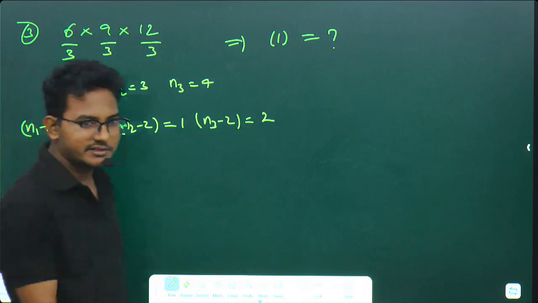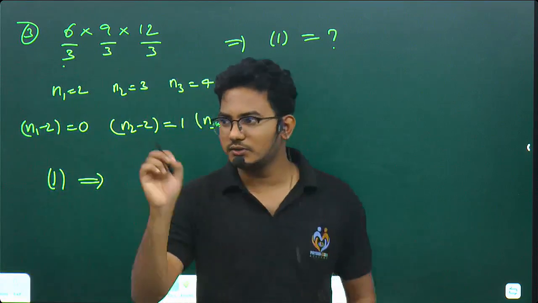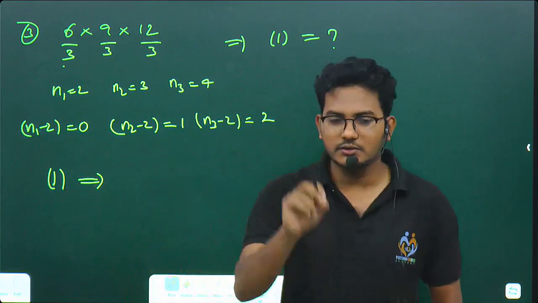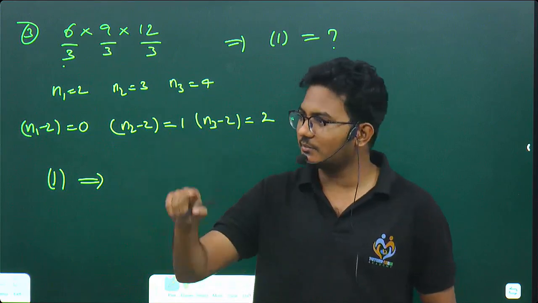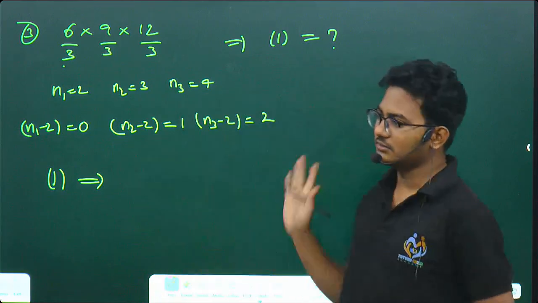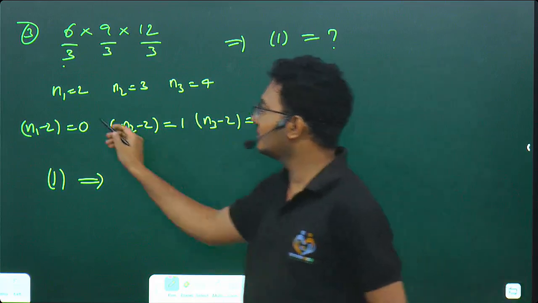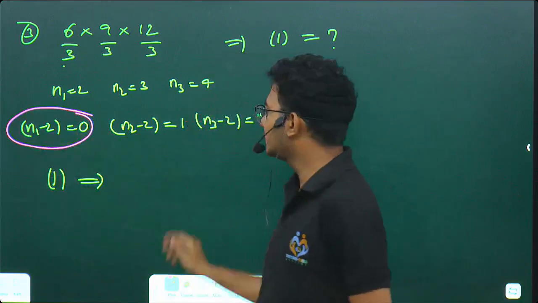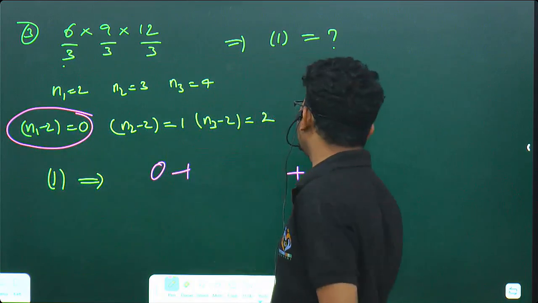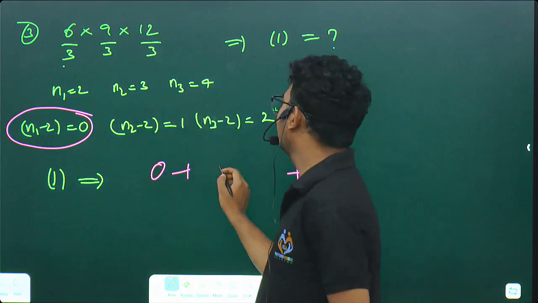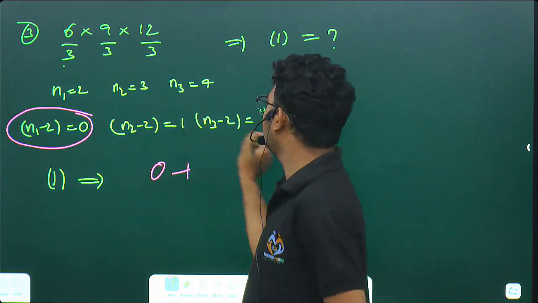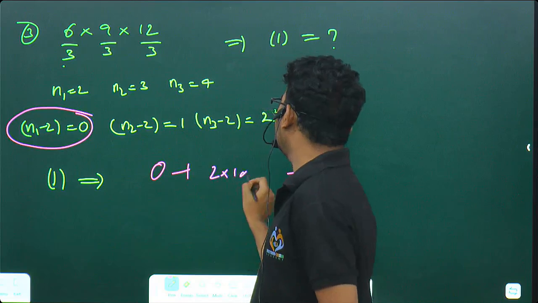The formula is 2 into n1 minus 2 into n2 minus 2 plus 2 into n2 minus 2 into n3 minus 2 plus 2 into n3 minus 2 into n1 minus 2. But the thing here is n1 minus 2 is 0. So first one will be 0 plus last one will be 0. In between what is left? 1 into 2, 2 into 1 into 2, which is